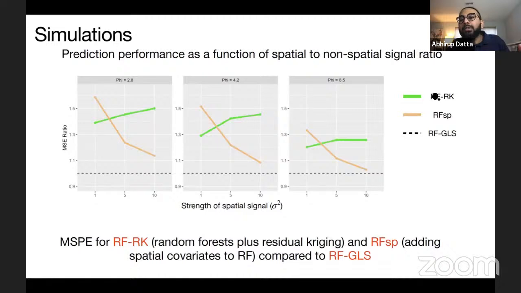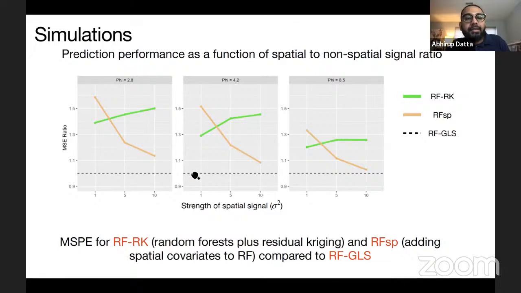It is only used subsequently during the prediction. The spatial random forest is the yellow line, which uses a bunch of basis functions as additional covariates in the random forest. And the black dotted line is the RFGLS. We standardize it to be at 1 by dividing the MSEs. On the x-axis, we have the strength of the spatial random effect variance.